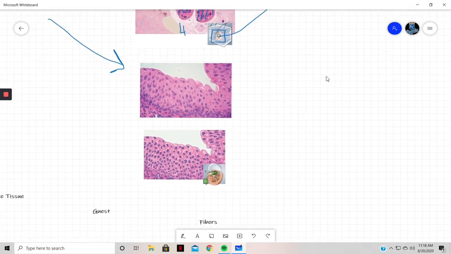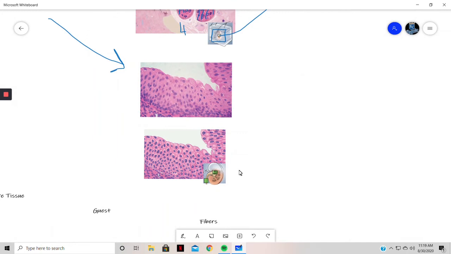Okay, transitional. Yeah, we're talking. Transitional is big. I'll put the word transitional here so you can see that. This is transitional, or stratified transitional cells, and they're big because they can stretch. When it's time for them to stretch, you really want them to, because you're going to find them in the bladder,